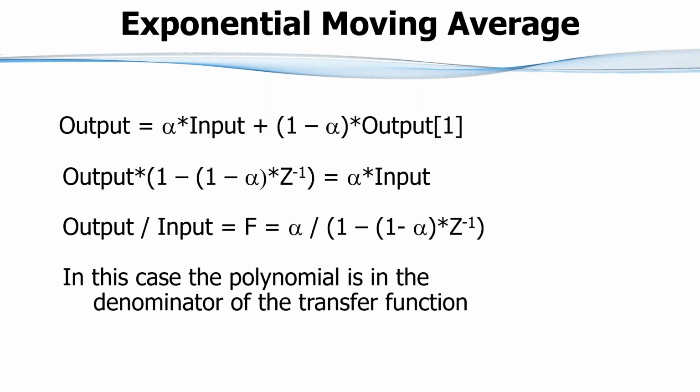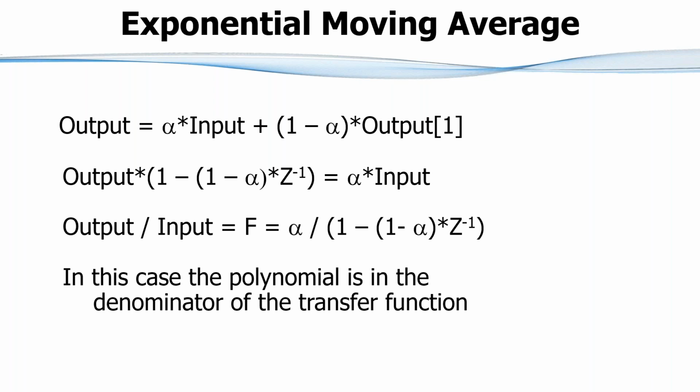So there's another kind of moving average, the exponential moving average. So let's look at that in a general case. The output here is a fraction alpha times the input, and that fraction alpha can be a number between 0 and 1. And then the second term is the complement of that, 1 minus alpha, times the output 1 bar